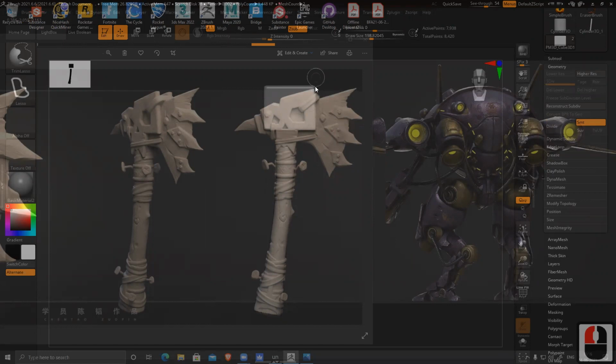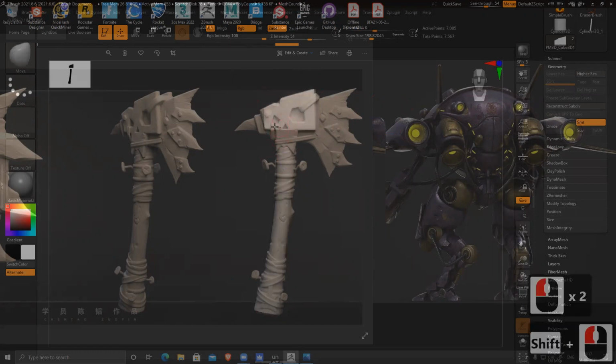So you can use mouse, you can use pen tablet. It's totally up to you what you want to use. Previously, I was using mouse and now I'm using pen tablet because I have better control over the pen tablet. So you can see this basic shape is ready. Now, based on the base of this thing, you can see there's another extruded part.